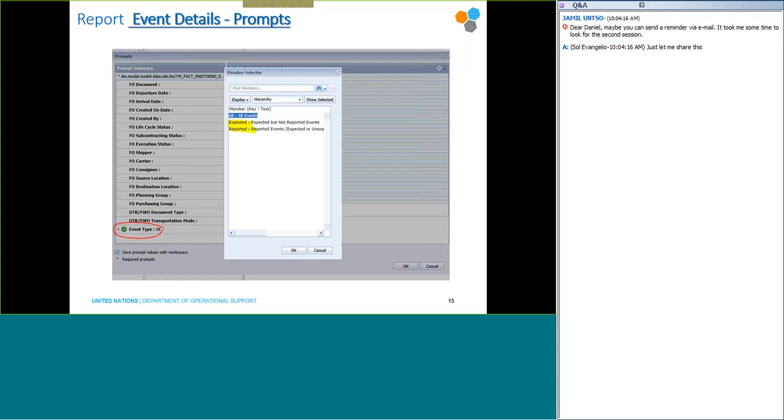But you can filter by the expected ones, which will be expected events but not reported events. Or on the contrary, you can select reported, which means reported events, expected or unexpected. Based on the scope of your analysis, you select all, the expected or the reported ones, and then